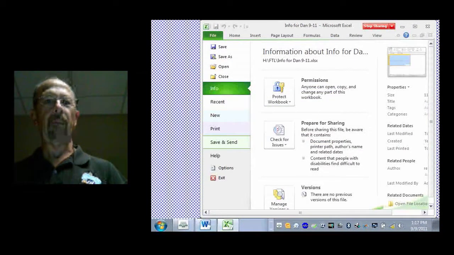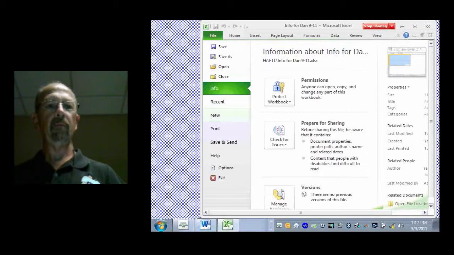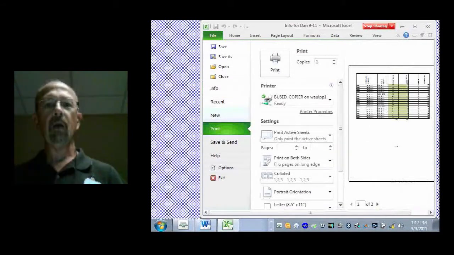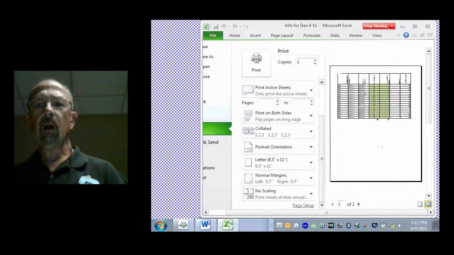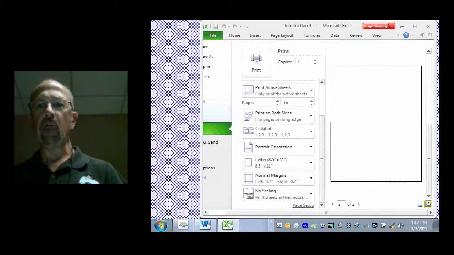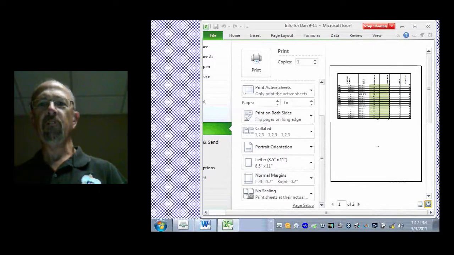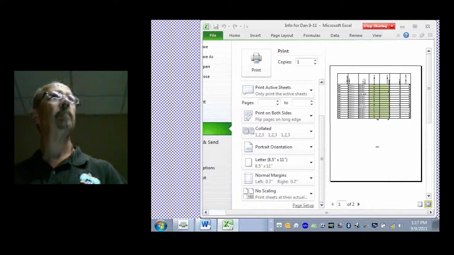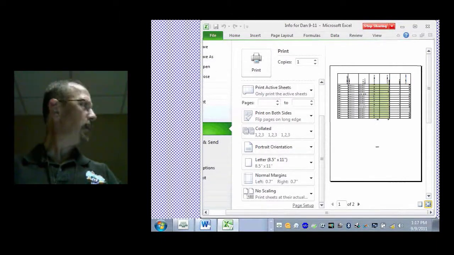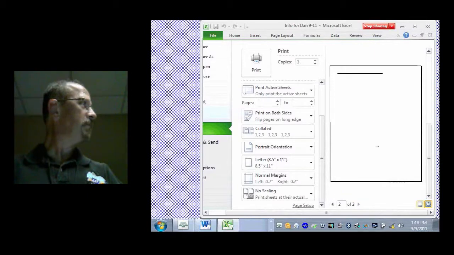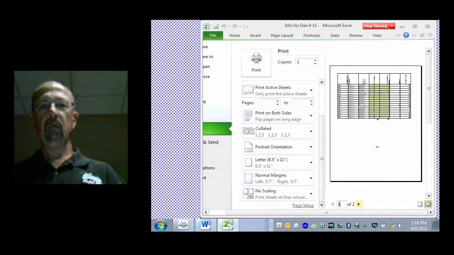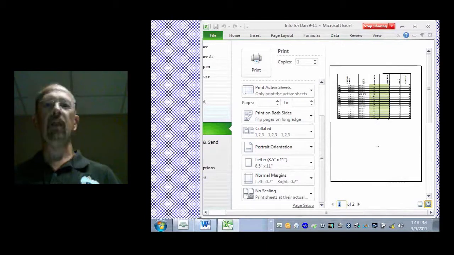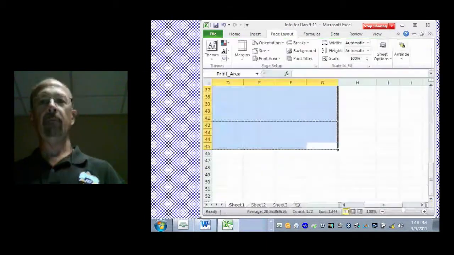Once I go back to File, back to Print, right here shows you a preview of what you're printing. Right here. And it shows you that there's 2 pages. Okay. So that lets you know what it would look like just briefly, and these are the areas you have set up. If I go back to Page Layout,